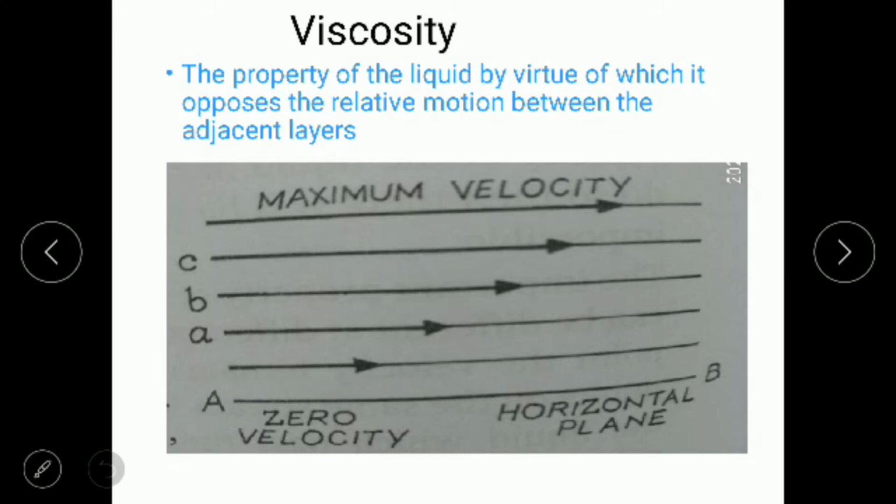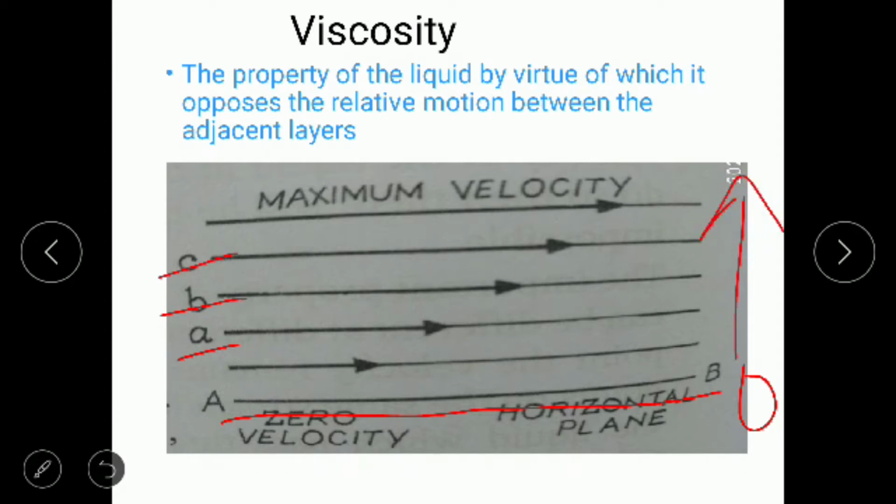Students, in the previous class we were discussing the chapter Flow of Liquids. We have studied till the topic viscosity. In this topic we have understood that the velocity of the liquid in the different layers will be different. Just as shown in the diagram, the velocity at this line AB is 0. As we go on to this side, the velocity of liquid in layer A is less than in layer B and then in layer C. So the velocity increases upward. That is what we have understood.